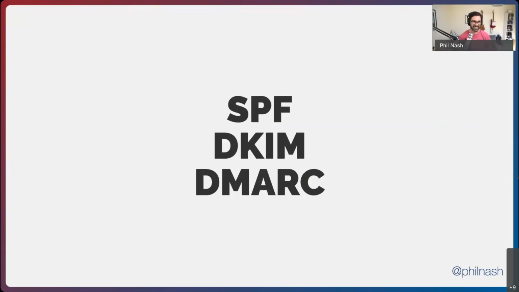And then DMARC kind of combines or builds on top of those two to actually provide a way for the domain owners to understand who's sending email on their behalf. So if an email fails SPF or DKIM, your DMARC DNS record will say what to do with that. So you can say do nothing, whatever. You can make your own decision, but you can also say quarantine, so put it into spam, or just block it. So if you are convinced that somebody else is sending this email on your behalf, you can tell a mailbox that's looking up a DMARC record